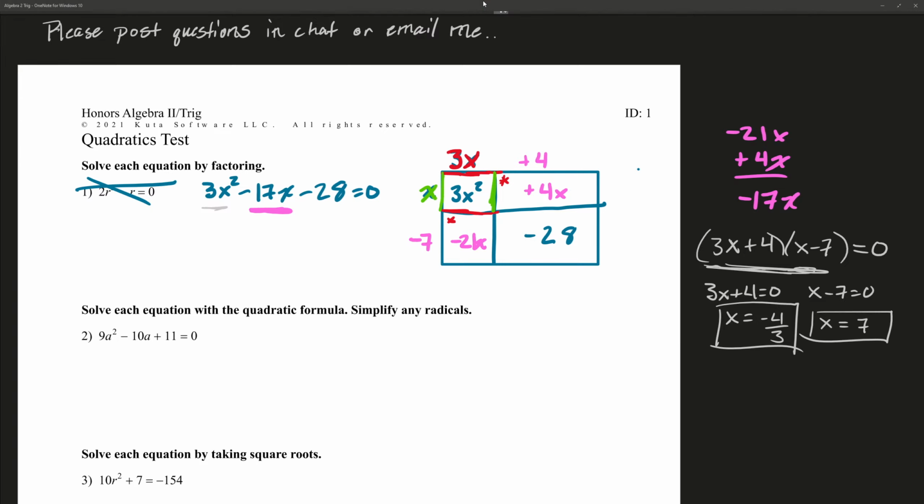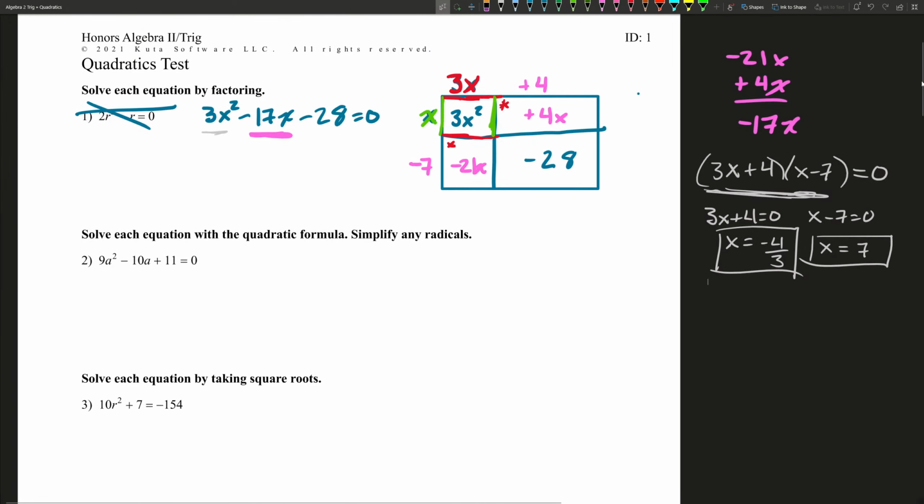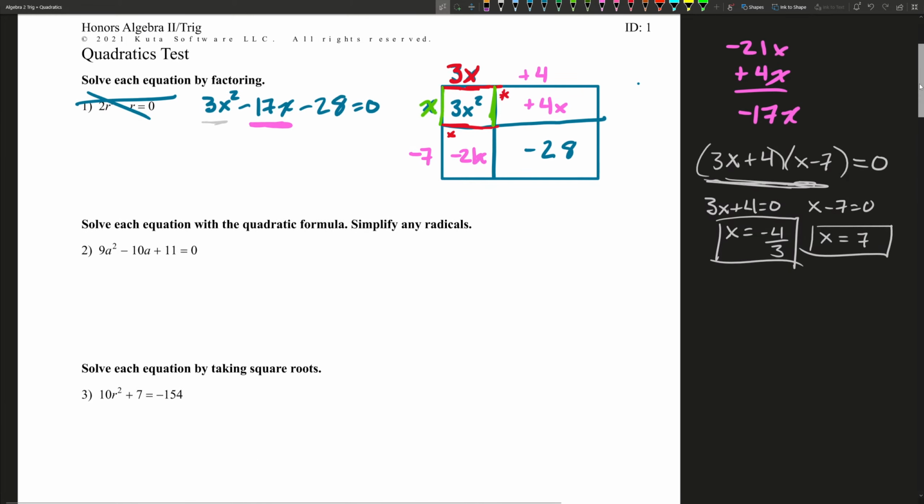Okay, so I'll try and leave this on the screen, but I want to move on to the next one because I want to get to stuff that people might struggle with, like